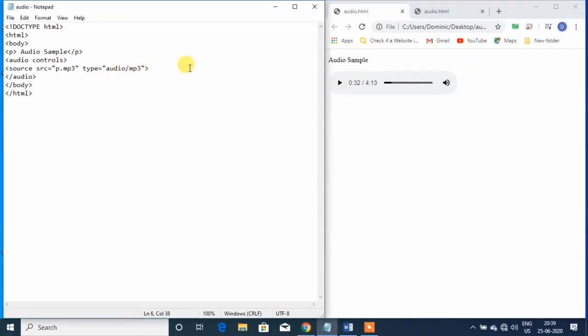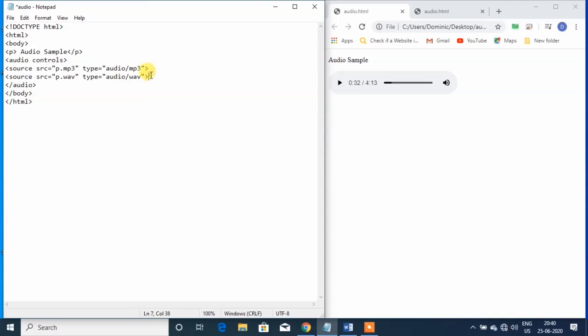Let's use multiple files by using the source tag. Now once again you have to copy and paste the same file here, Control C, copy this source statement, Control V, and change the file type. Now instead of mp3 we can use here wav, and specify the type of file, wav.